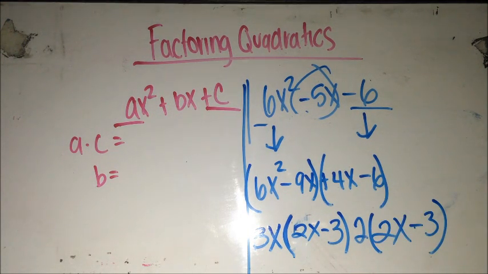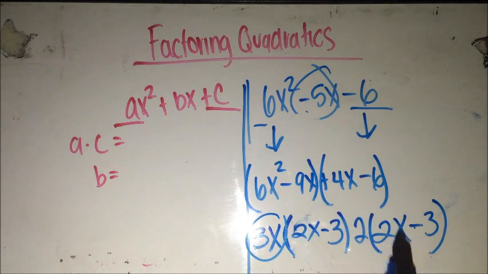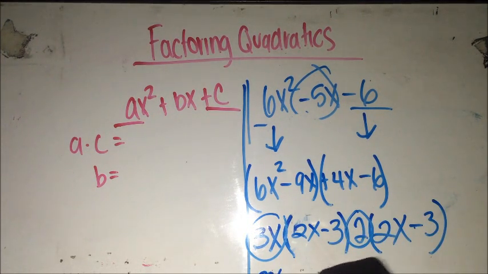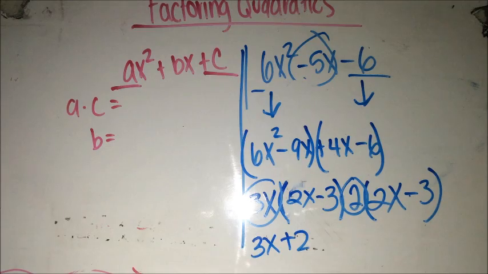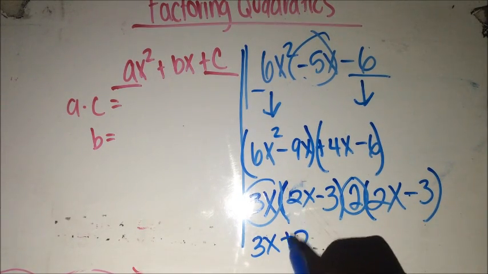So then we always bring out this part and this one, 3x, and since it's a positive, plus 2. Since it's a positive 2, we bring down plus 2